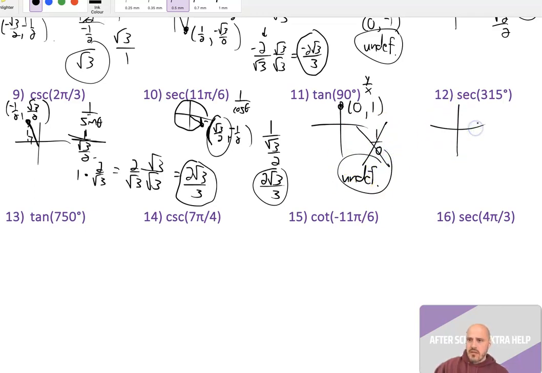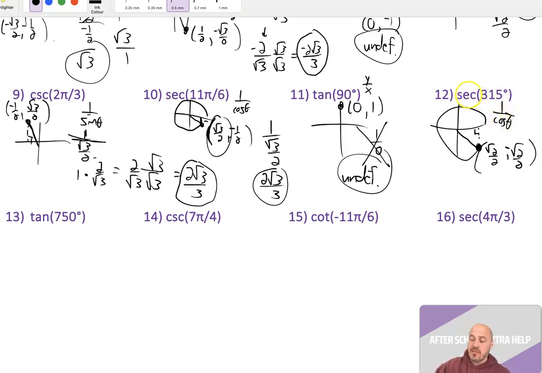Secant, 315. Right down here, I have 45 degrees left to go, right, till 360. Again, it's 45, 45 triangle, so both my sides are the same, right? I have that root 2 over 2 combo, but just be careful, right? Y is negative down here. But do we really care in this question? Not particularly, though I do want to always keep my negatives and positives in my head because